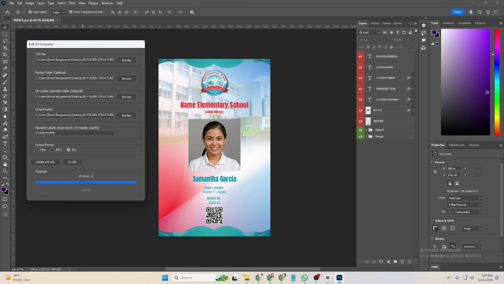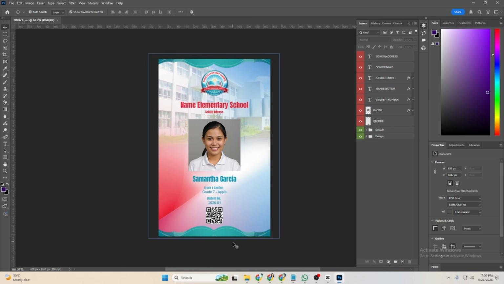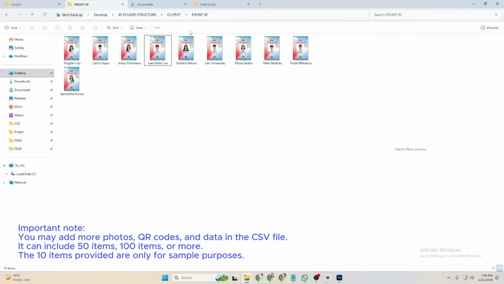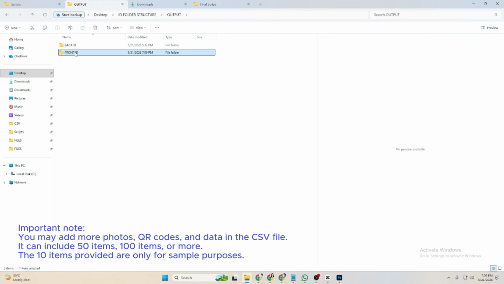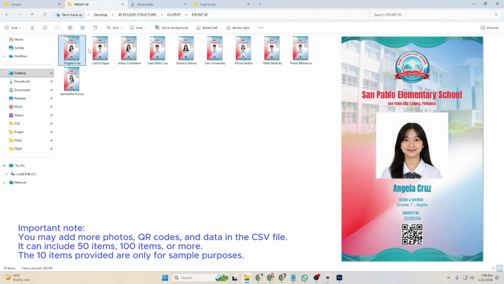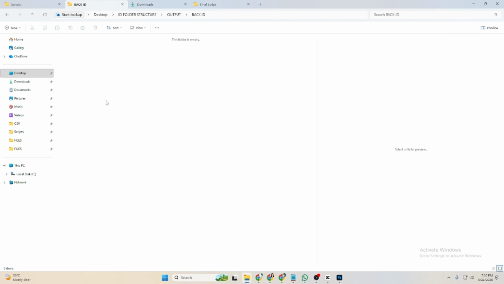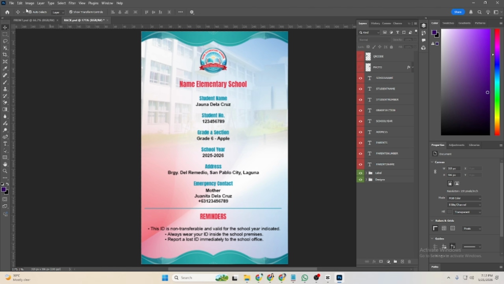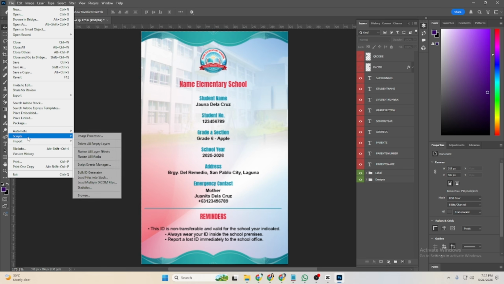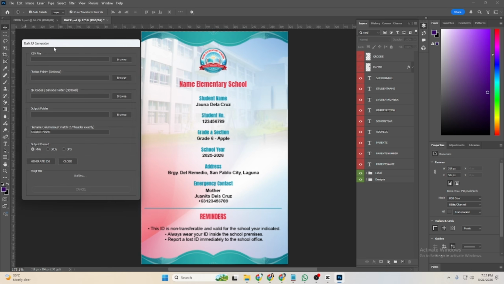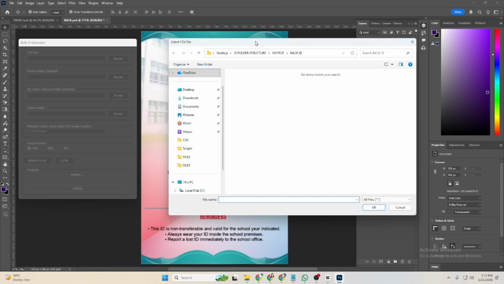After the export is complete, open the output folder for the front IDs. There you will see all the generated IDs created quickly using the script. Now let's do the same process for the back ID. We'll use the same script again. Just open Bulk ID Generator, browse the required fields,